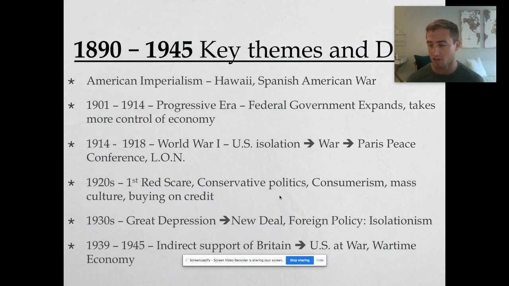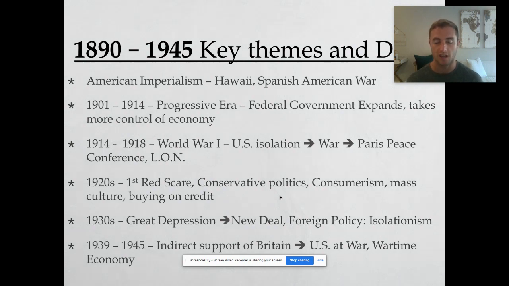So the 1920s domestically, a very, very luxurious time for the United States. And when there's a very luxurious time, you are going to see conservative politics. You're going to see high tariffs. You're going to see laissez-faire style government, which is exactly what we see in the 1920s. Also,